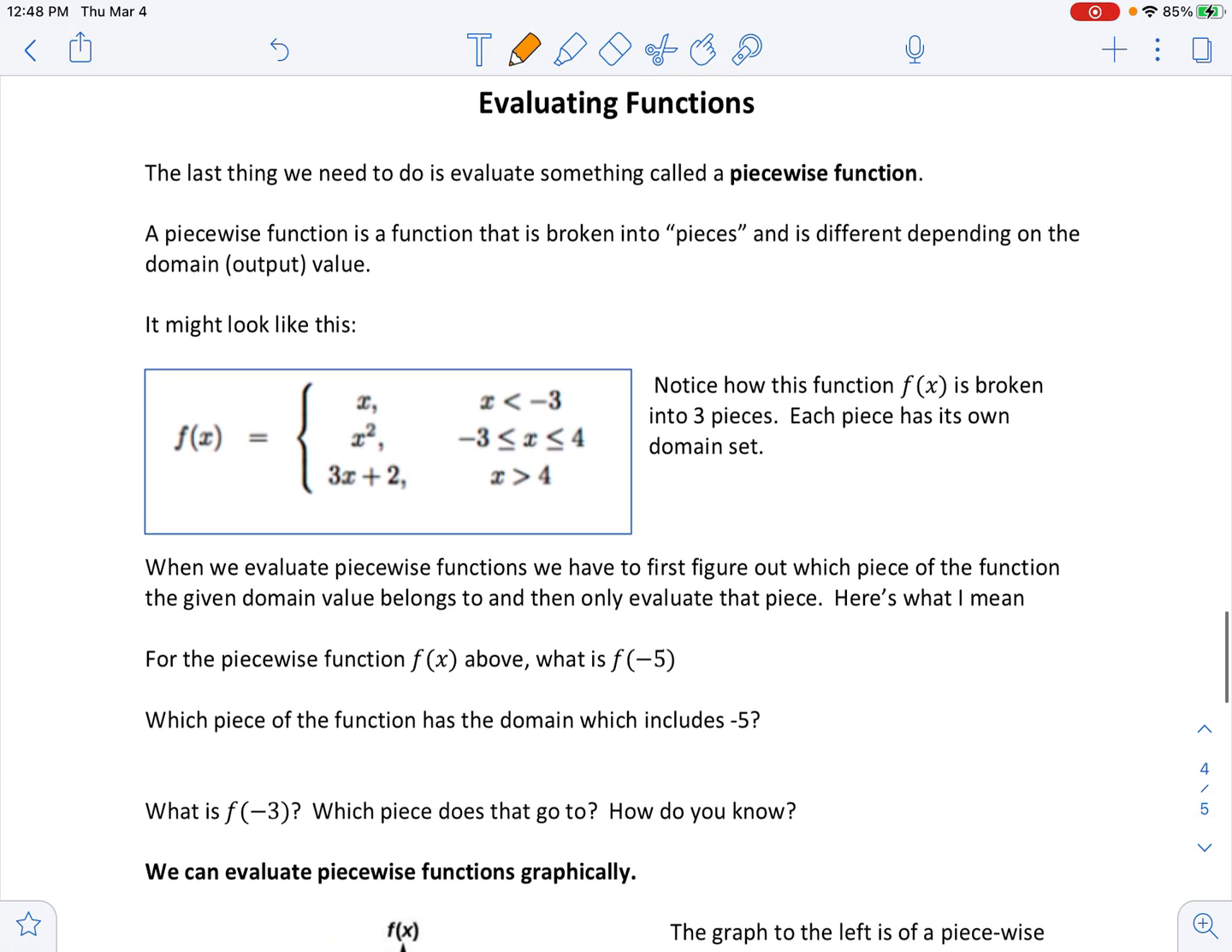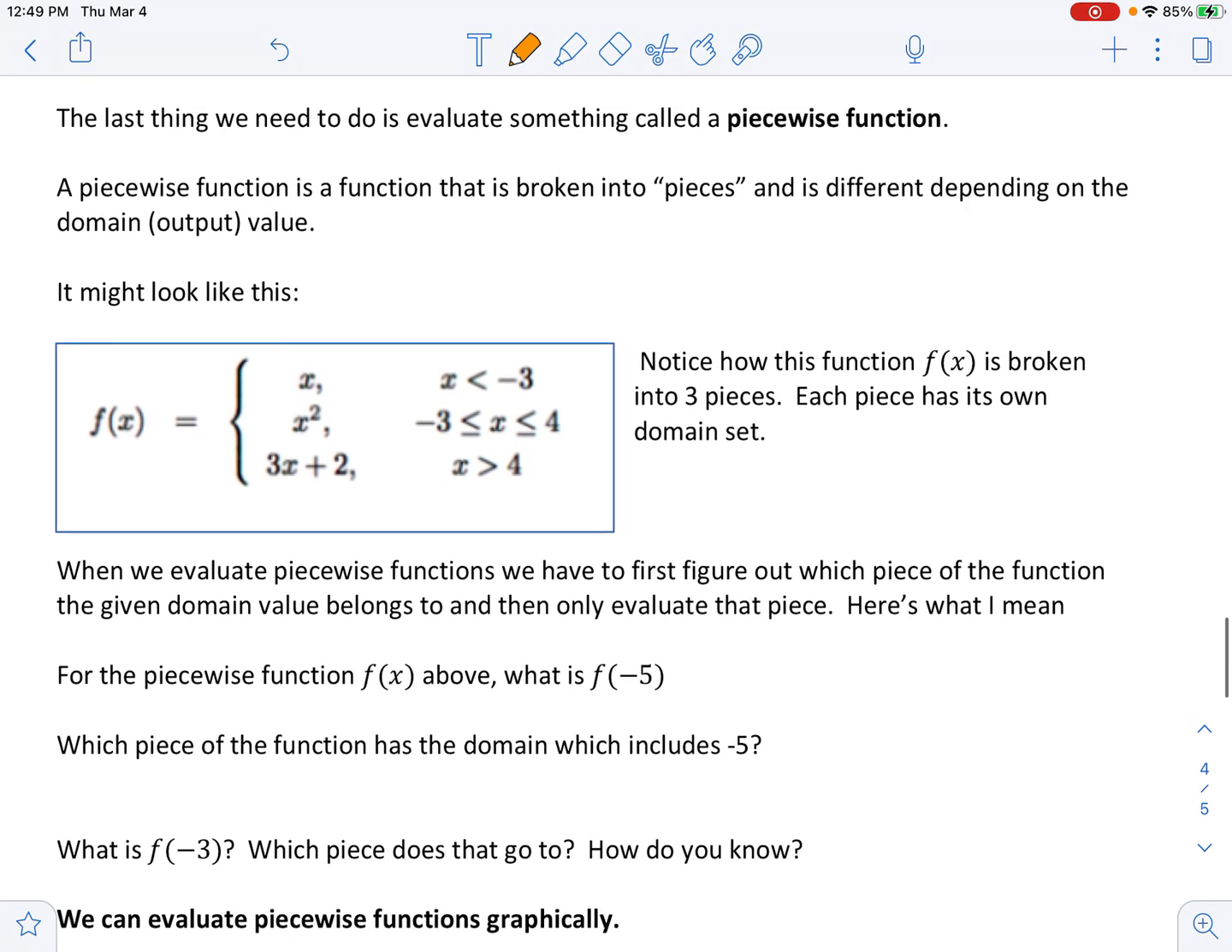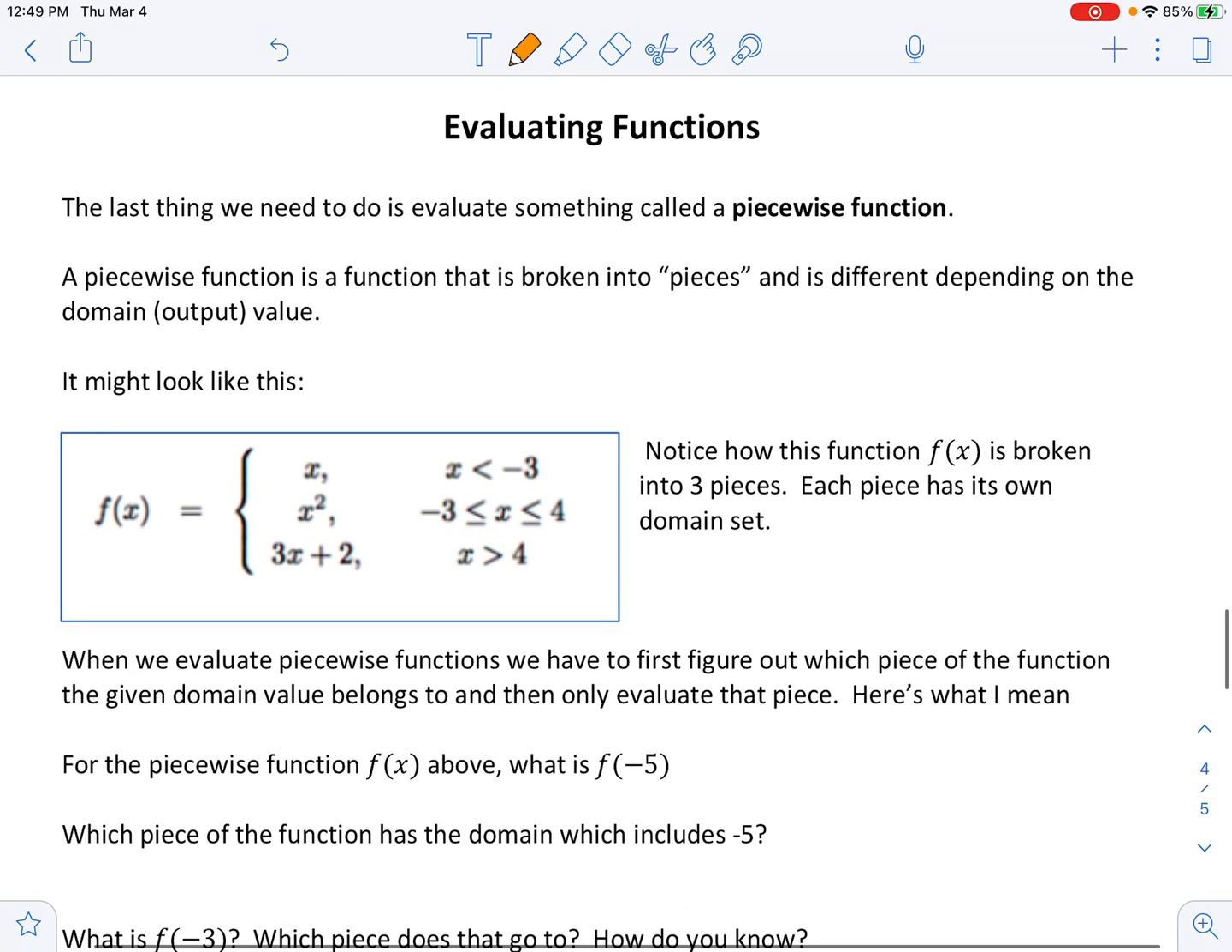The last thing we want to do is look at something called a piecewise function. I think I'm going to make this a separate video. You've been watching this long enough. Take a look at the next video on how